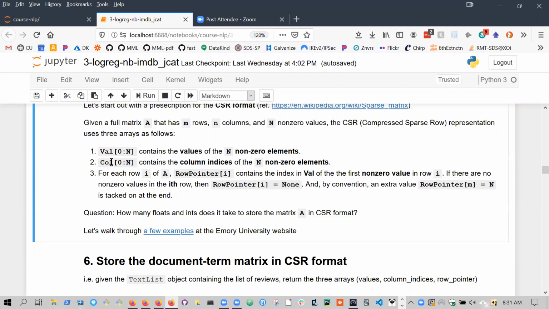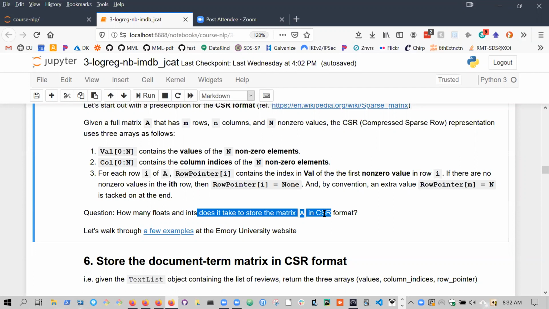This one has capital N integers in it because it's just indices, and then this one has m, that is the number of rows, plus 1, because the one you tacked on, so m plus 1 integers in it. So the answer to this little question is it takes capital N floats and capital N plus m plus 1 ints to store the matrix in